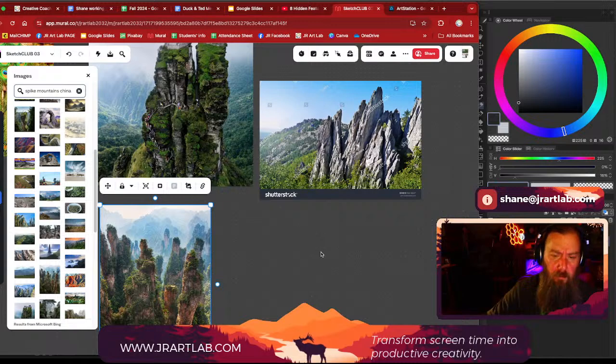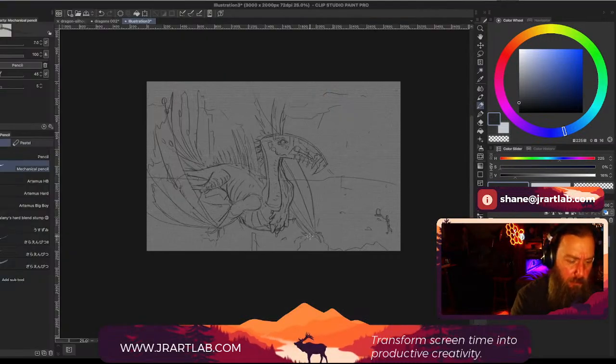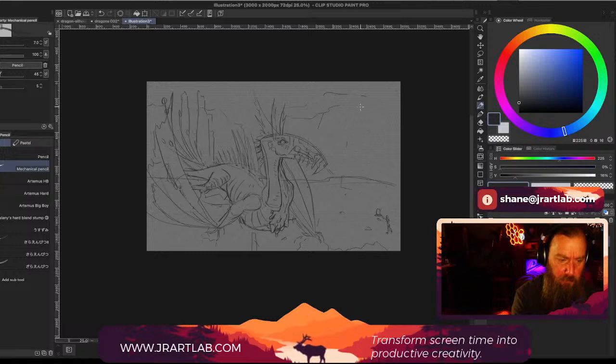Alright, how are we doing? Oh, it's 3 minutes left. Okay, we are not going to get to values today, but we did come up with some interesting scenery. So this is going to be flat. Or is that a cliff? I think that's a cliff. And we have some more of these mountains here.